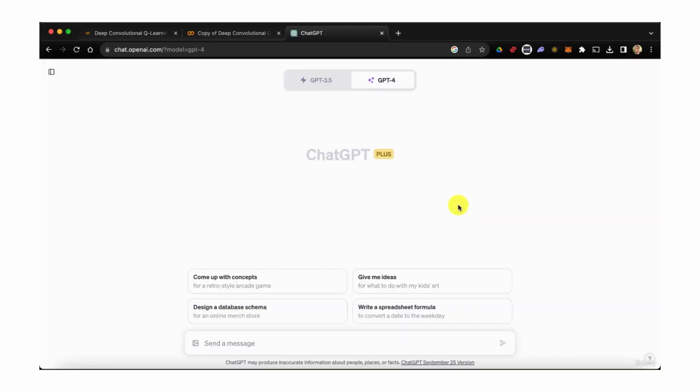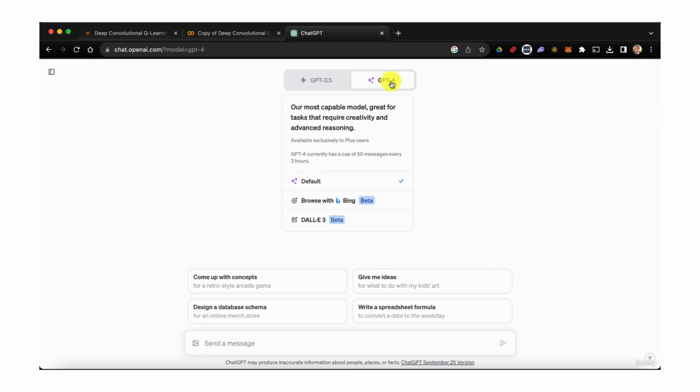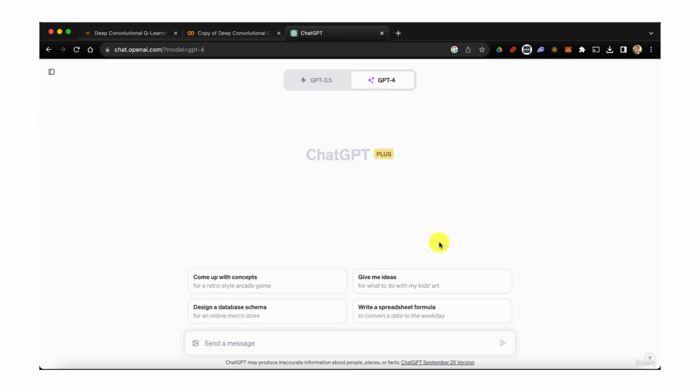Hello my friends, alright, so let's finish this deep convolutional Q-learning part 2 with a little ChatGPT tutorial just to check if we got the best architecture or if ChatGPT can provide us some ideas of how to improve the neural network we built. We never know, even though it seemed that we already got some good training results. Alright, so right now I'm in my ChatGPT Plus account, so I'm gonna select GPT-4 and then the default option selected. So here we go, I'm gonna say, hey ChatGPT, can you please